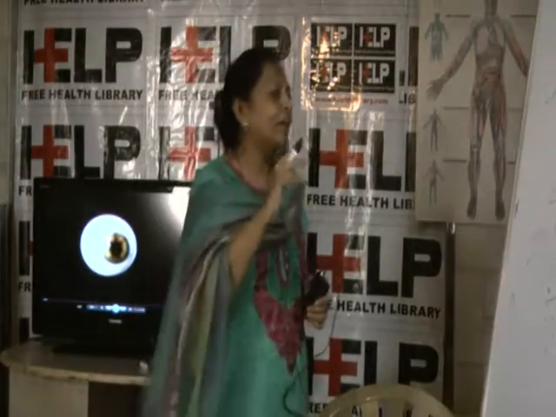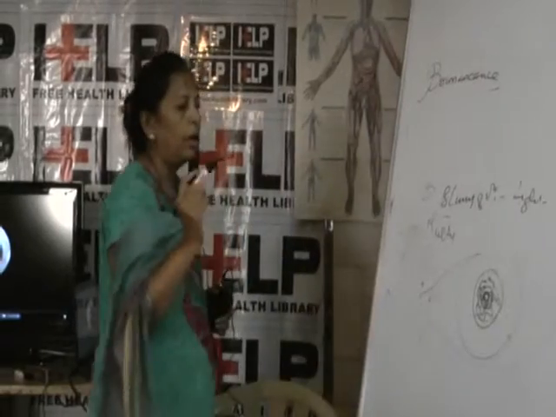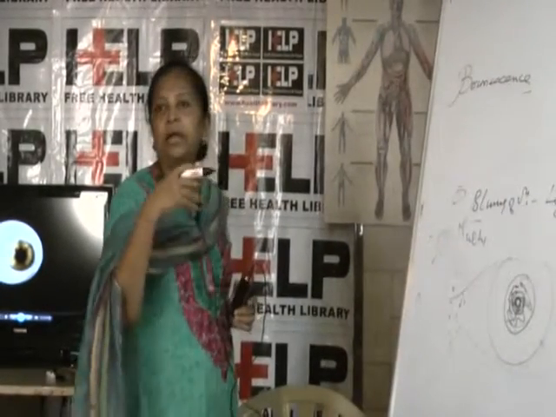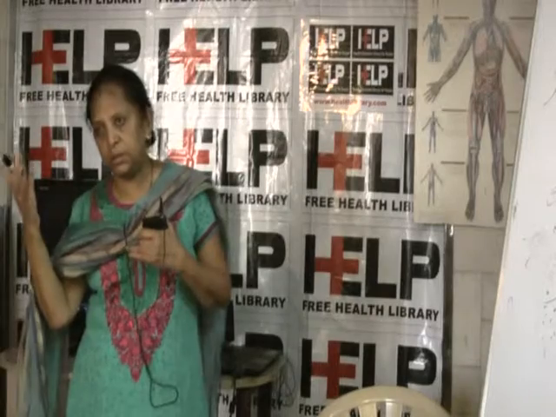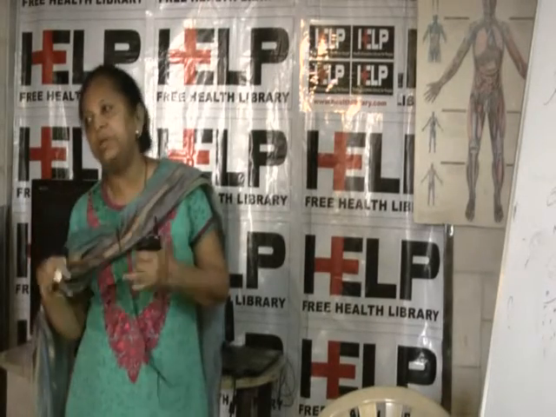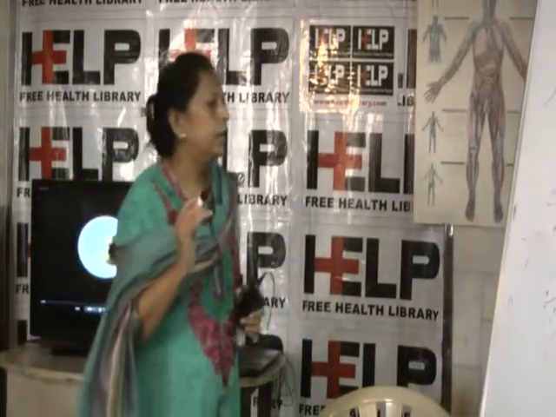So this is regarding the blurring of vision and the multiple images. Some patients will say that I cannot see distance, some patients will say I cannot see near. That depends upon the refractive index of the lens, and whether it's a cortical cataract or a nuclear cataract. Usually nuclear cataract will tell you reduced vision for distance and cortical cataract will tell you reduced vision for near. That is the change of refractive index. So this is regarding your symptoms.